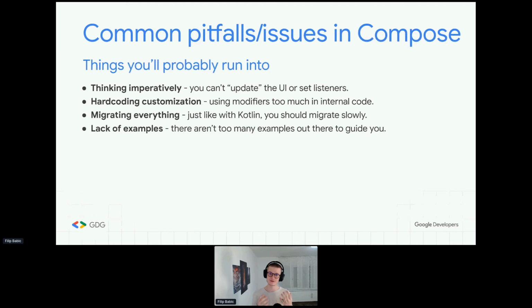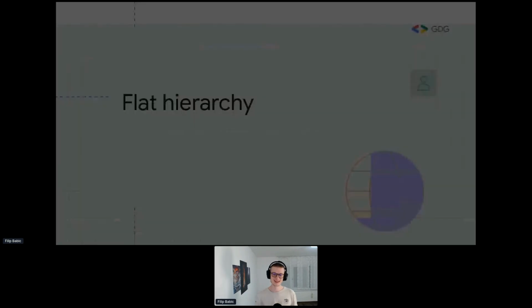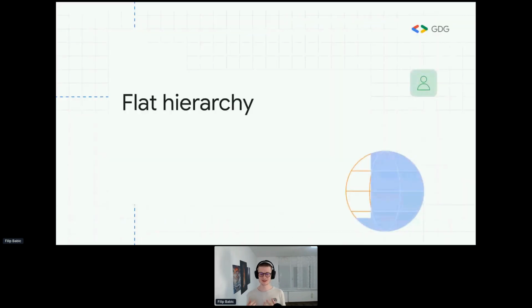Obviously, there are some very, very clear things that are good out there, and I'll share that in the resources in a moment. But before that, let's talk about 2 really big things, as I mentioned: the flat hierarchy approach that we take, and also the customization approach that we take in our code.